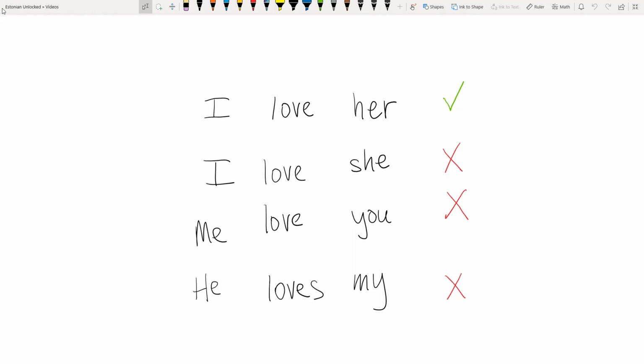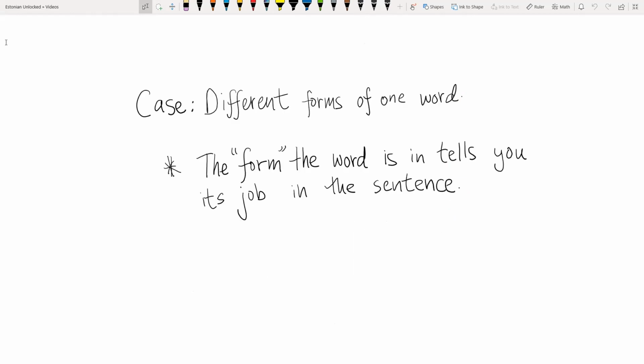in the sentence. And when I was first learning Estonian and I was trying to wrap my head around this concept of cases, I was struggling to figure out what this was talking about. And the definition that worked for me that I want to share with you is that cases are just different forms of one word. And the form the word is in tells you its job in the sentence. The form, or in other words, the case that a word is in, just tells you its job in the